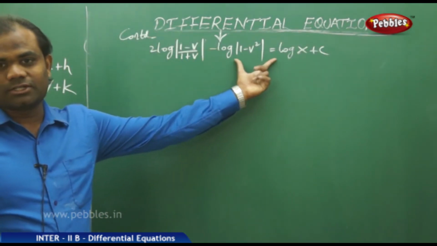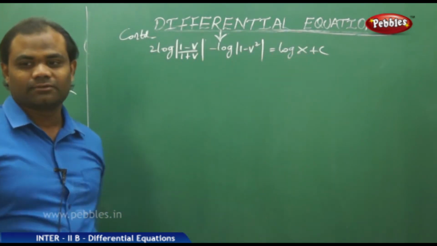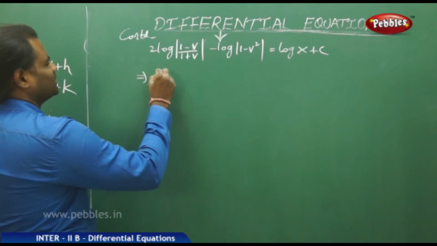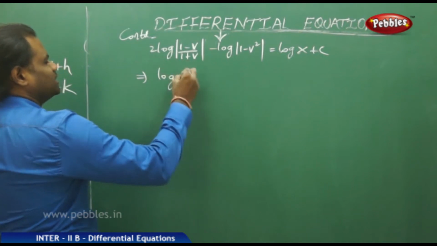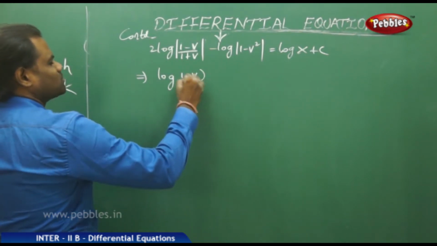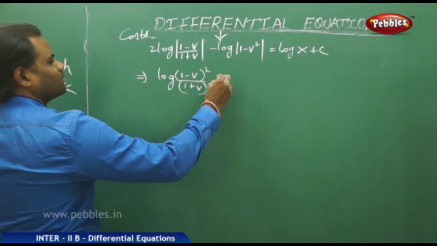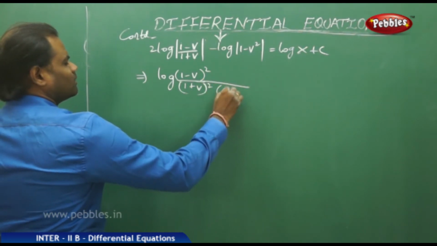So we have this as log of this equals this, which is eliminated with the log. That is, taking this inside, (1 minus v) whole square by (1 plus v) whole square, whole by 1 minus